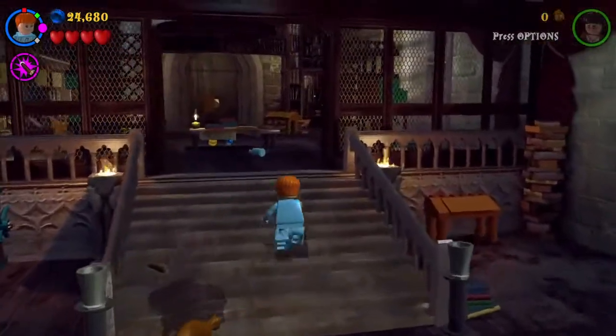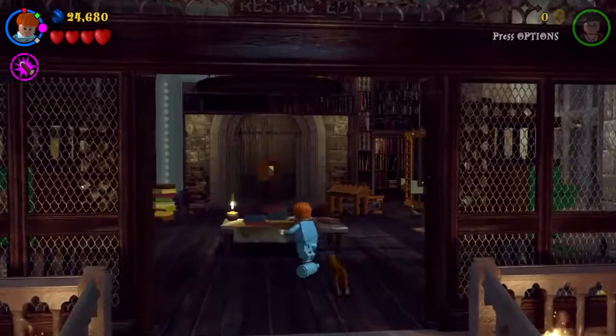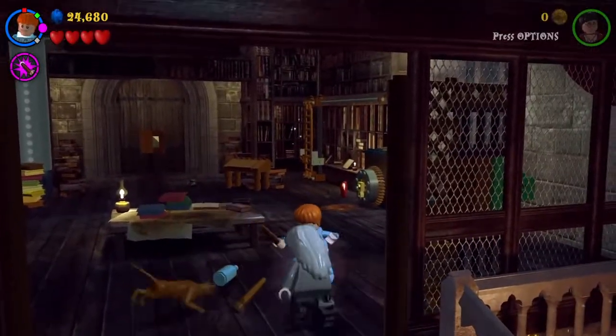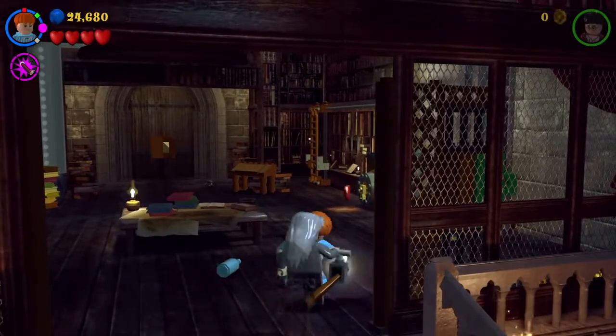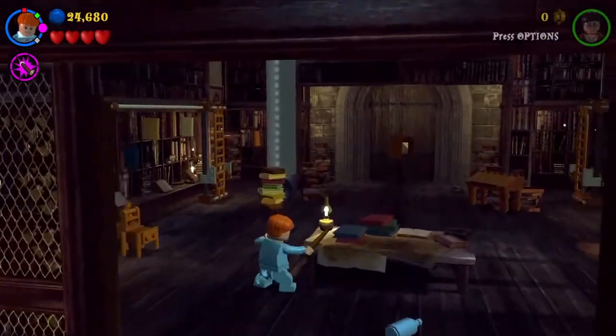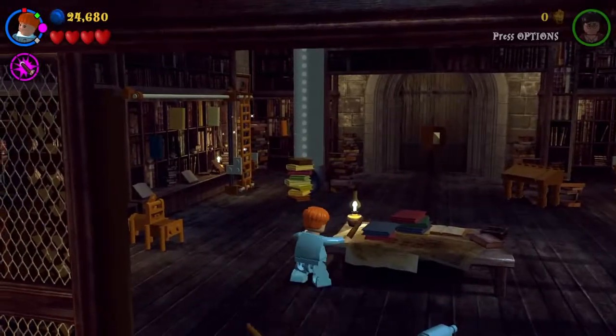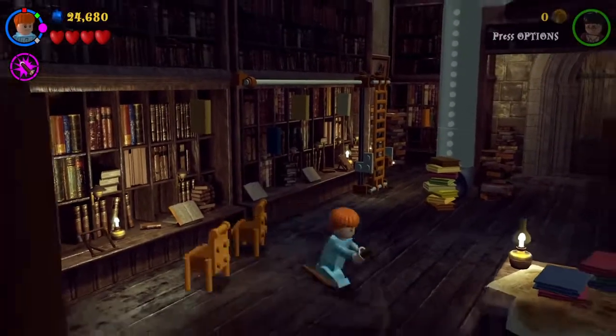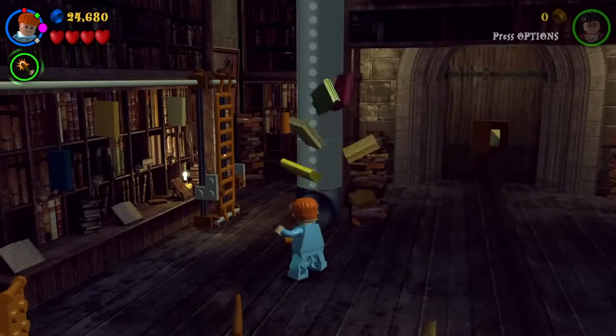What now? Did Filch just see Ron and still ignore him? Whoa, very terrible caretaker.